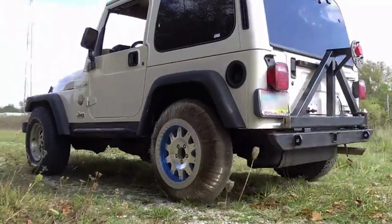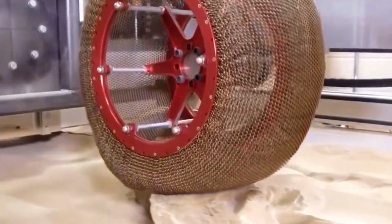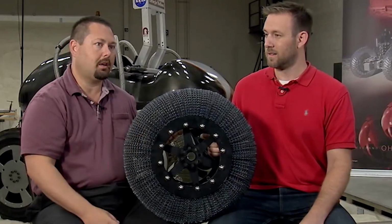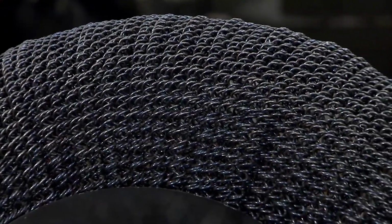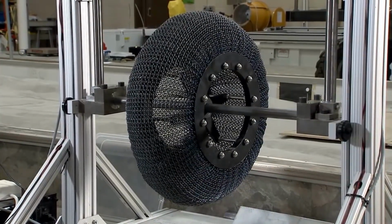Imagine your own vehicle riding around on such a tire, being able to drive most anywhere you like and never worrying about fixing a flat or changing out your winter tires for summer ones. While titanium alloy may currently be a trifle too expensive for the average Joe and Jane, it's only a matter of time before costs go way down. When that happens, all of us who have no clue how to change a tire will rejoice, for our day